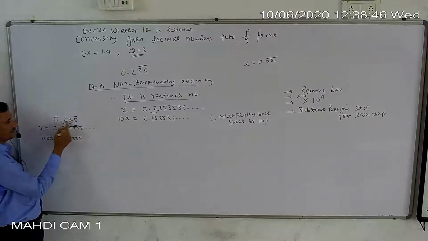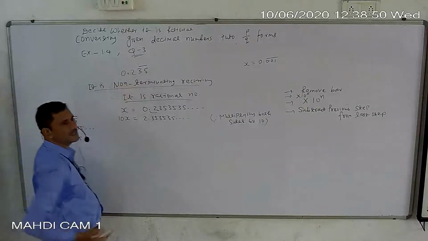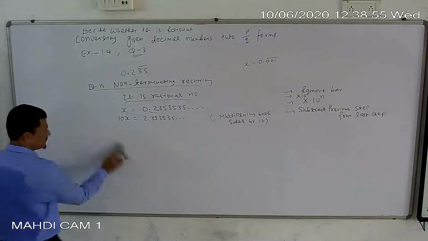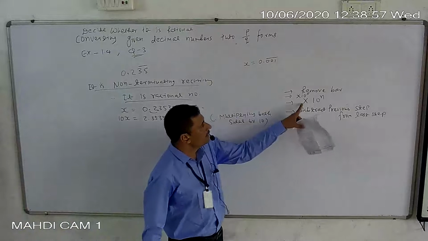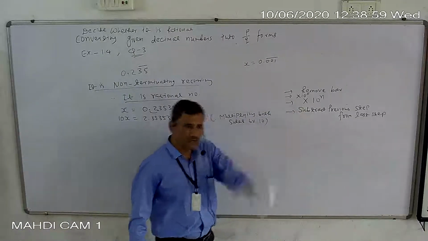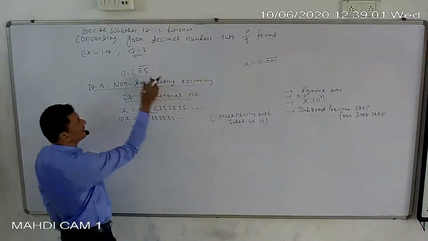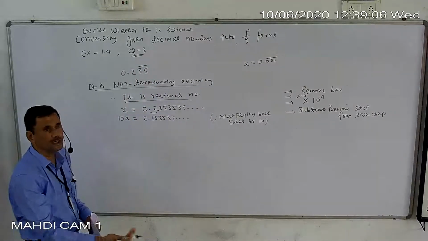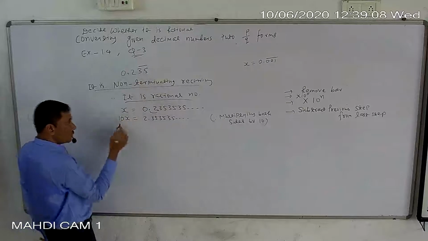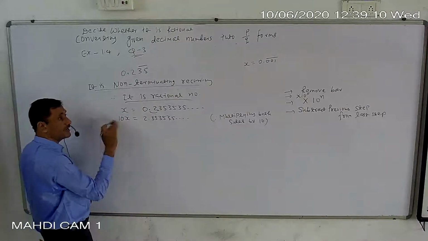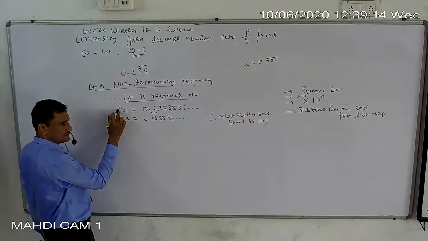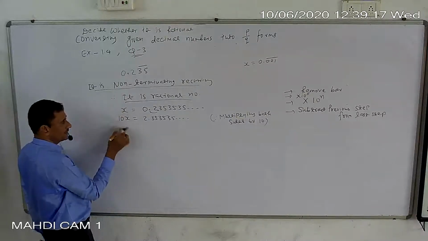Here by 10, here by 100. Why? That repeating block is 2 places far. Here it is only 1 place far. Okay, so that is the first one. Now nothing is too new, just follow this process. Now again multiply by 10 raised to n, but how to decide n? How many digits are under the bar? How many digits are in the repeating block? 2 digits. So again multiply this last step by 100. So now we are going to multiply this last step, not the first one, by 100.